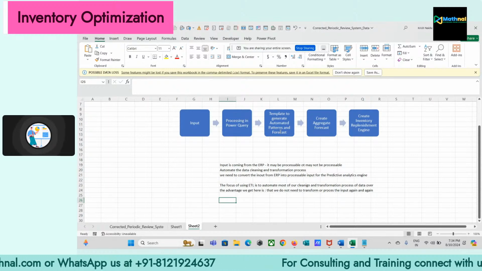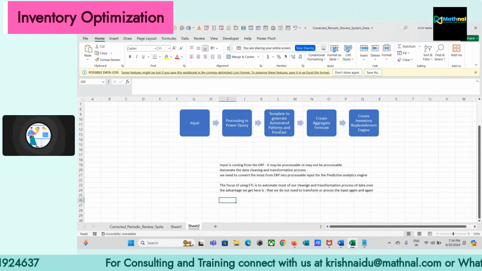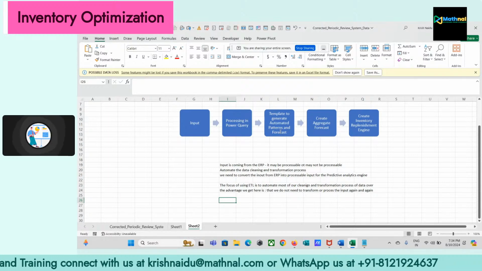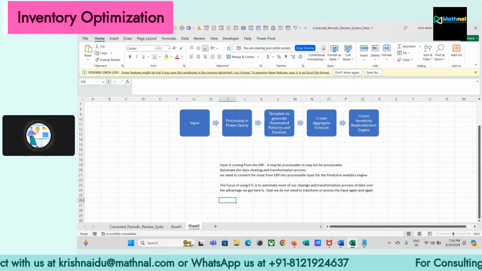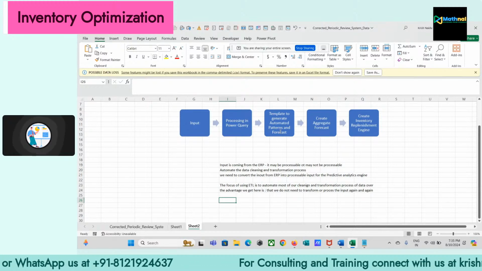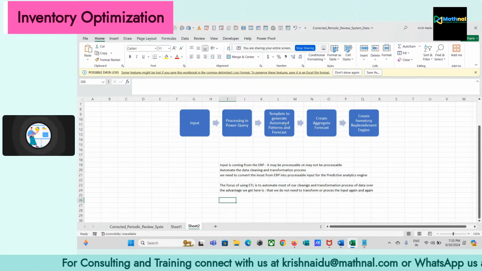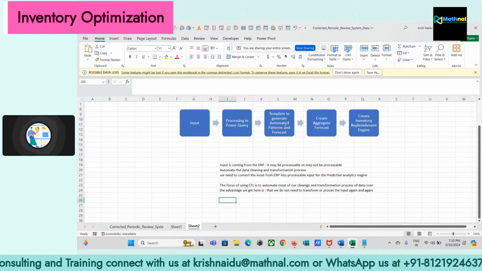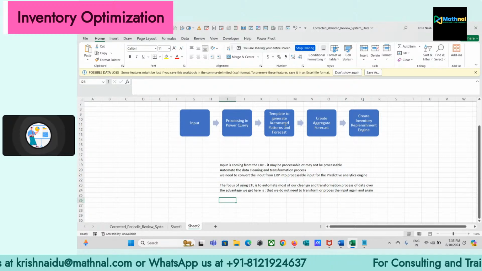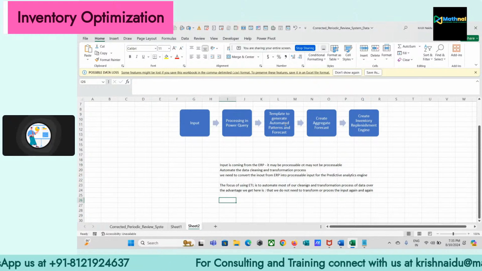And once we are able to capture the patterns, then we can actually understand what kind of algorithms we need to create. So that is something we need to think about when we are working with the models. So this is where we are going to use some kind of statistical computing formulas within Excel, or if you are working in the Python environment or some other environment, you can also use that environment to create those kinds of dynamic formulas to understand what kind of patterns exist in the